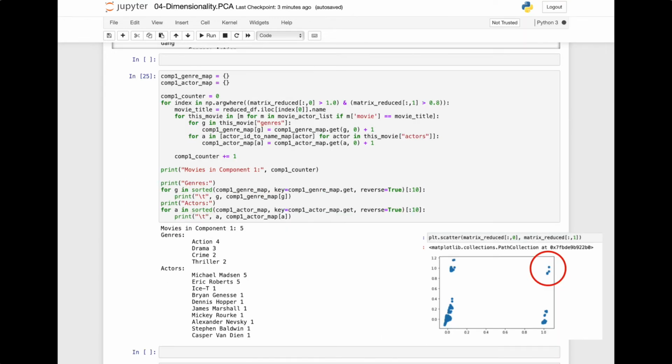So what we may want to do next is see, in a particular one of these clusters, who are the actors who are most represented, or what are the genres that are most represented. So here we go back to looking at this top right cluster. We take out all those movies, and rather than printing out the movies and actors, we just sum up which are the actors and movies that are present here, and we print out the top 10 most common genres and actors. And we see action, drama, and crime movies are here, primarily with Michael Madsen and Eric